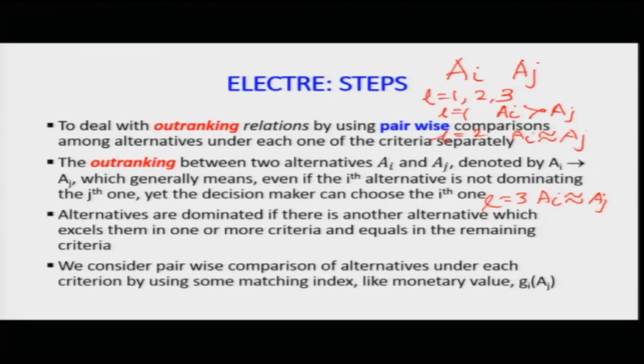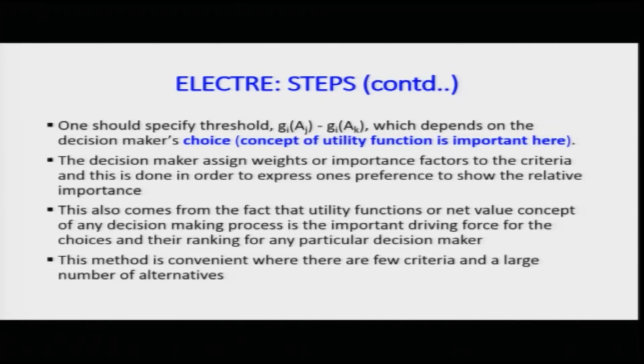We consider pairwise comparison of alternatives under each criterion by using some matching index, like monetary value, and we will give that function as g(A i, A j). That means, for each of these criteria we compare the alternatives and assign scores accordingly, positive or negative, whatever it is. So, one should specify the threshold. What is the difference of the threshold? If I take a functional mapping or the difference of the scores between A i and A j for criteria 1, criteria 2, criteria 3,